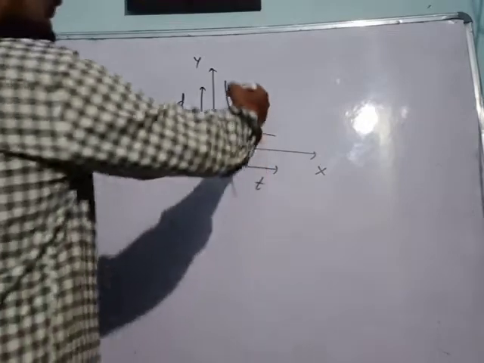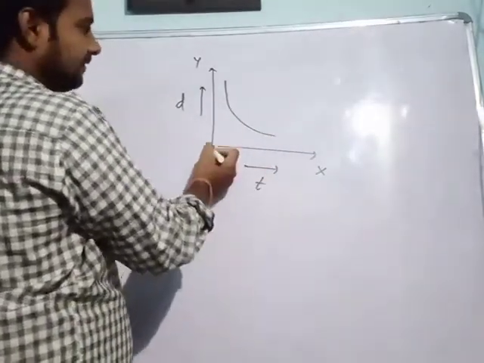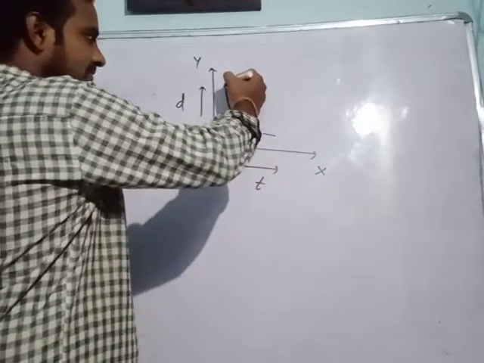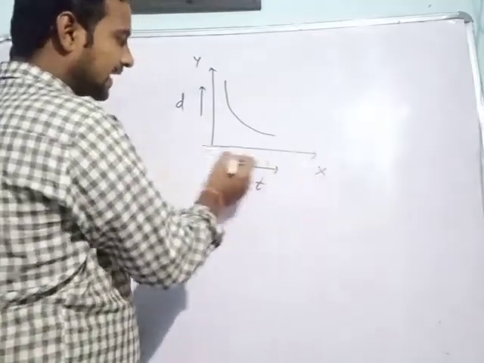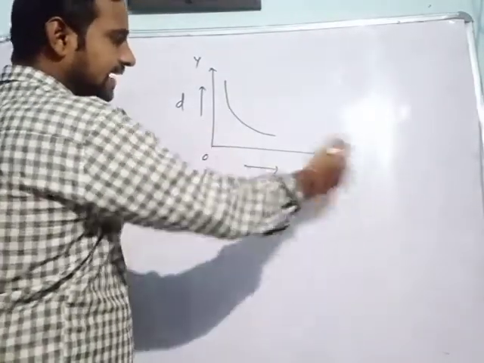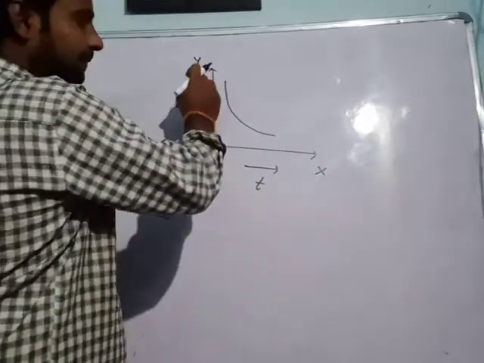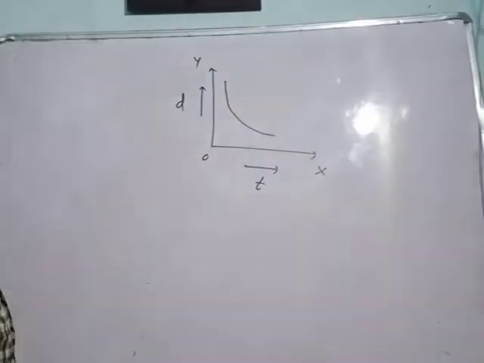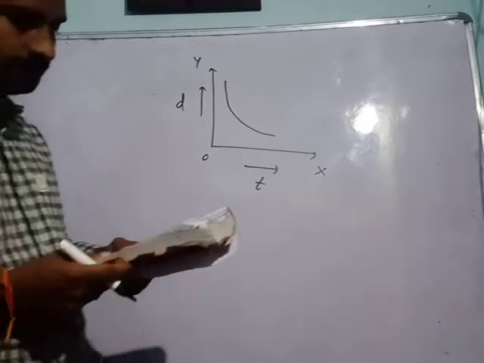Here speed decreases. So here the x value indicates the time and the y value indicates the displacement or distance. Here the slope decreases as time increases. So for example from O to this side, the t value increases. From O to y means the y value increases. Clear all of you? So now this indicates the distance time graph for decrease in speed. Clear all of you?